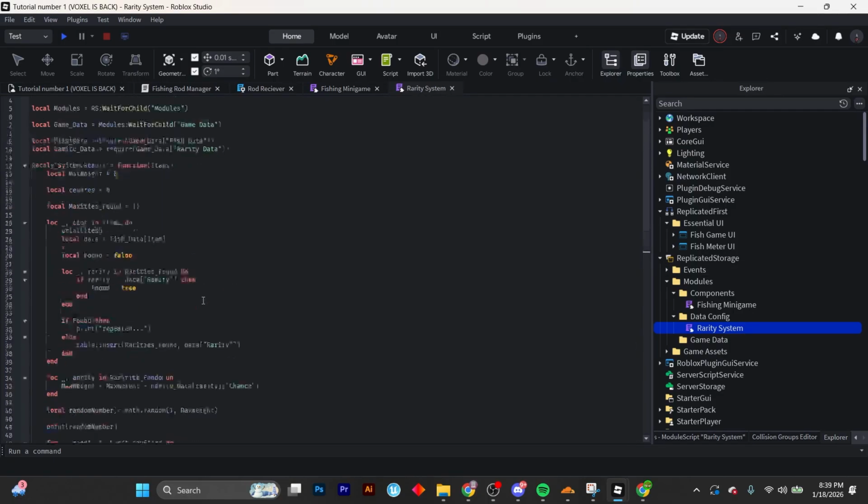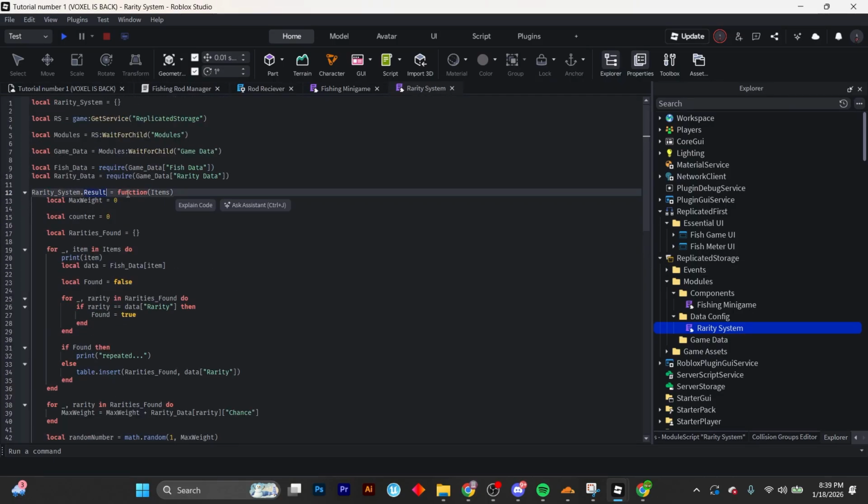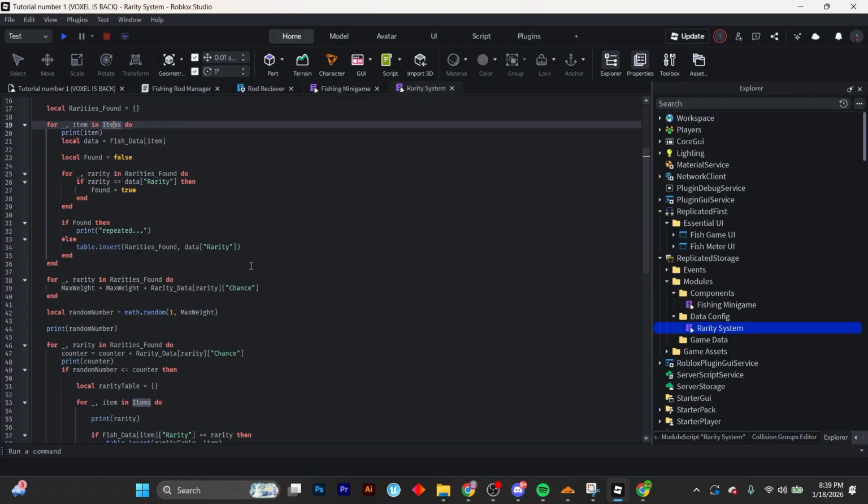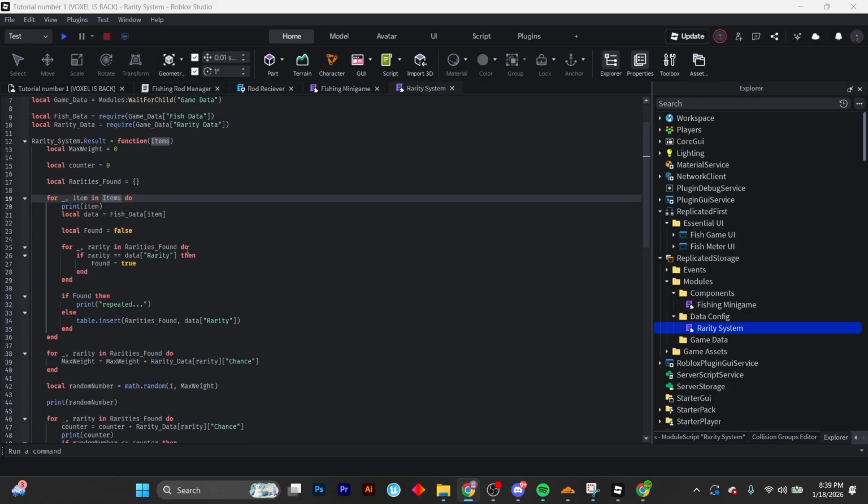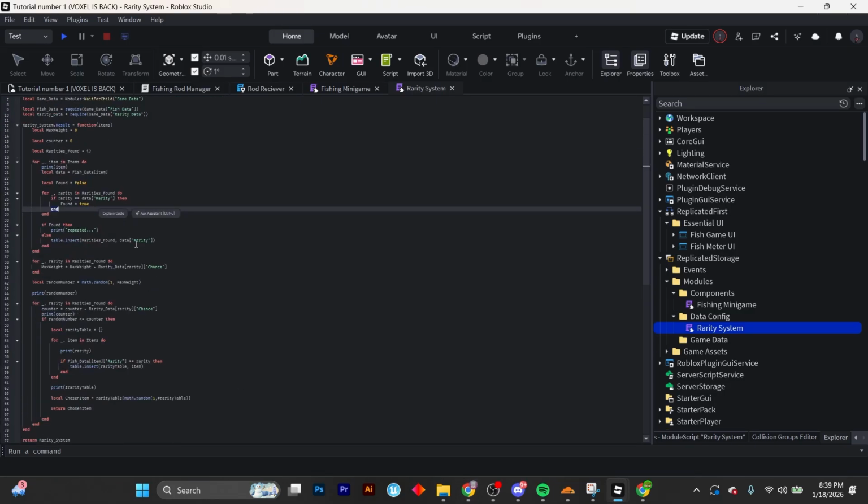And as you can see, this is what will give us the result of our chances in getting our fish. And for a very quick description of what this whole function does here,